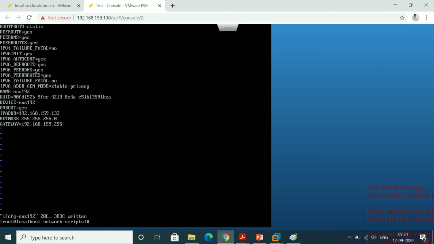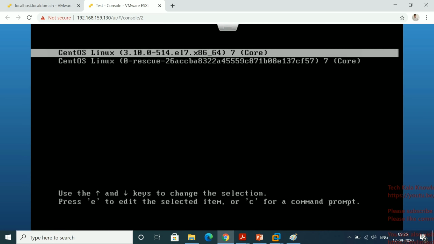Yes. So now let me reboot this system. When you are assigning any IP, suppose you have VMware Workstation and you build a virtual server there, and you don't know which IP range you have to assign.